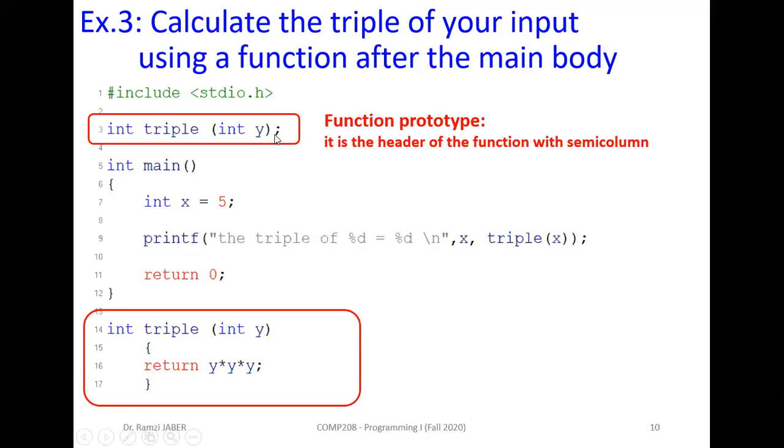with semicolon. Okay, in the function itself, no semicolon here. When you declare the function, no semicolon here. Only in the function prototype, it's the header of your function, only the first line of your function called header, with semicolon. Okay, here there is a semicolon, but here no semicolon. So it's called function prototype, means declaration of your functions. Because